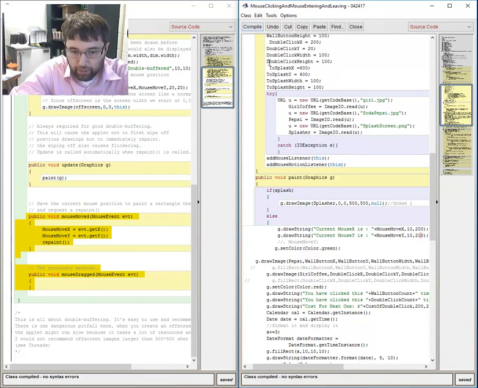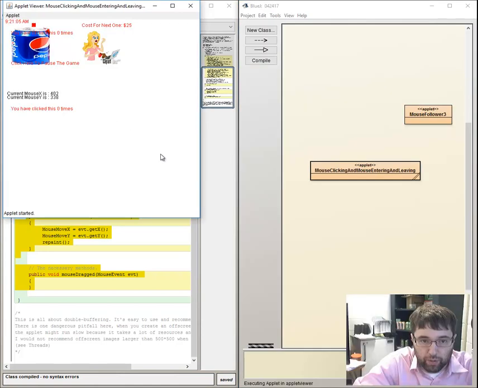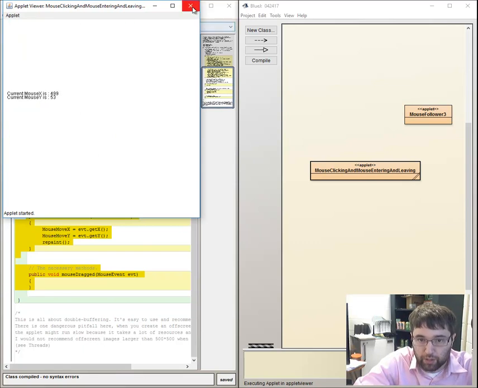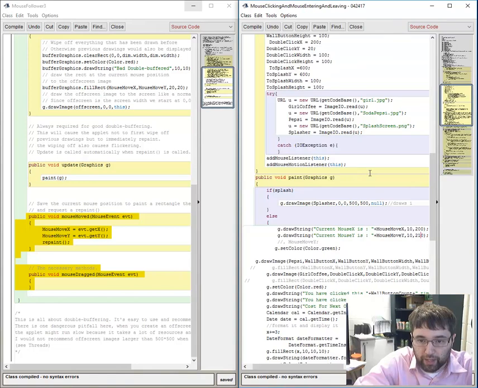And so now when I compile and run this, we click and we have my current mouse X, mouse Y, but that doesn't give me the help. It doesn't do anything for me. It just tells me what it is. So now what we need to do is go back to our code, and we need to say, okay,